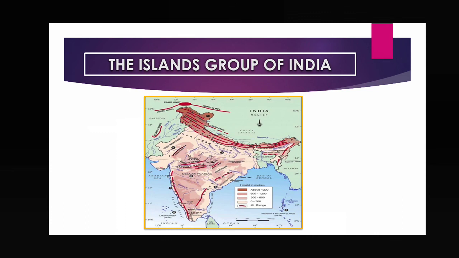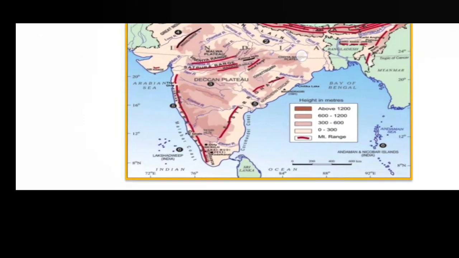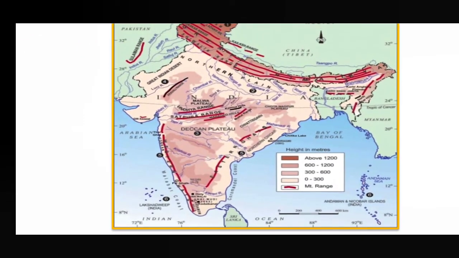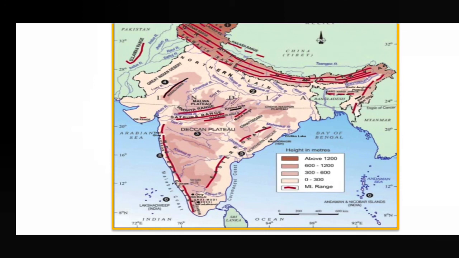You can check also here on this map. Here is the Arabian Sea, here are the Andaman Nicobar Islands. This is Andaman, this is Nicobar, and this is located in the Bay of Bengal, and this is Lakshadweep. So what is the administrative headquarter of Lakshadweep? That you have to find out. I have already told you in chapter number 1. I think you can guess it.